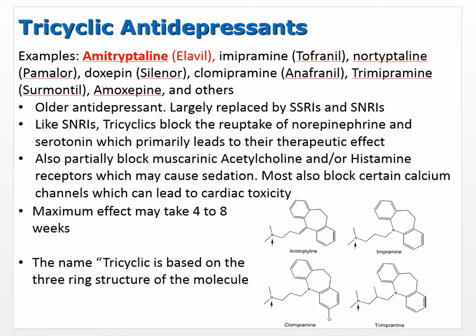All right, so the next category are tricyclics. So tricyclics are kind of an older group of antidepressants. They're named, I'll just jump down here, they're named because, tricycle, and you know, a tricycle has 3 wheels, and so you can see here that it has 3 ring structures, and that's why it has its name. Examples: amitriptyline, that's the prototype; imipramine, nortriptyline, doxepin. There are a whole bunch of them up here. I don't want to read them all, but they really, okay, this is important.